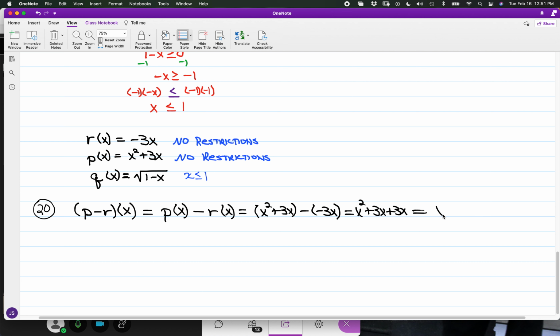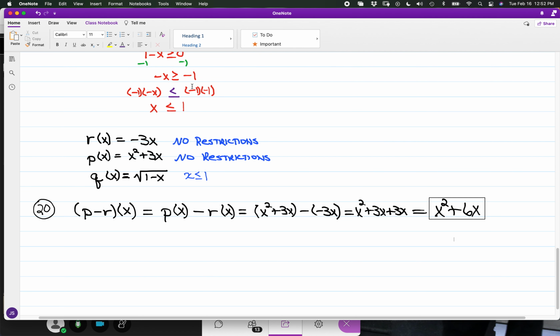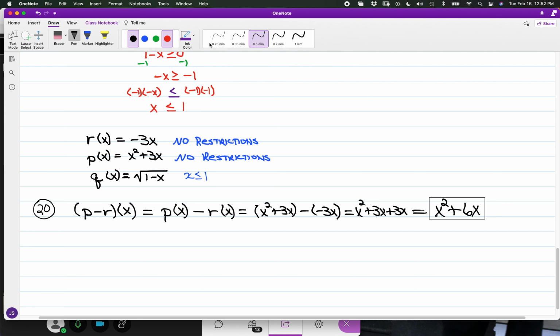And so for the final output, we come out to x squared plus 6x. And for what we have in the case of the domain,